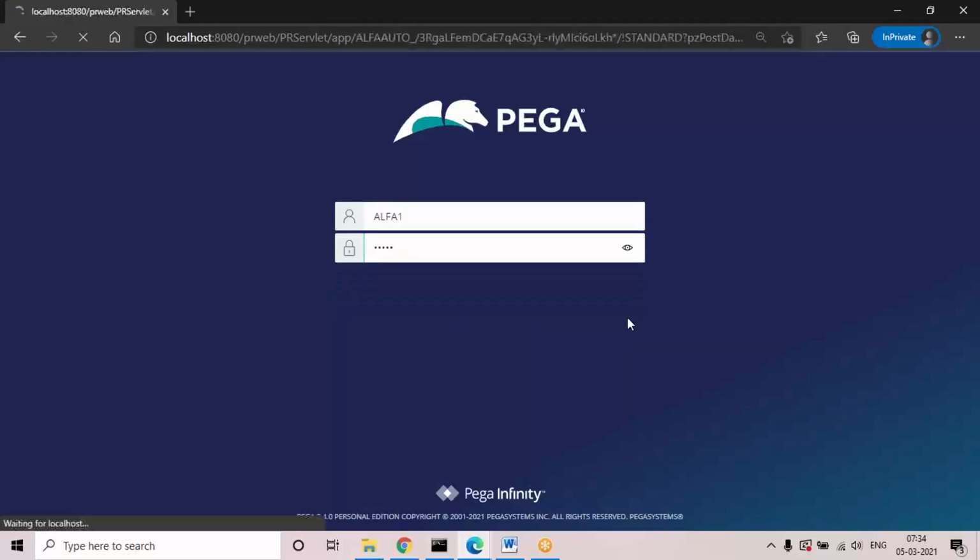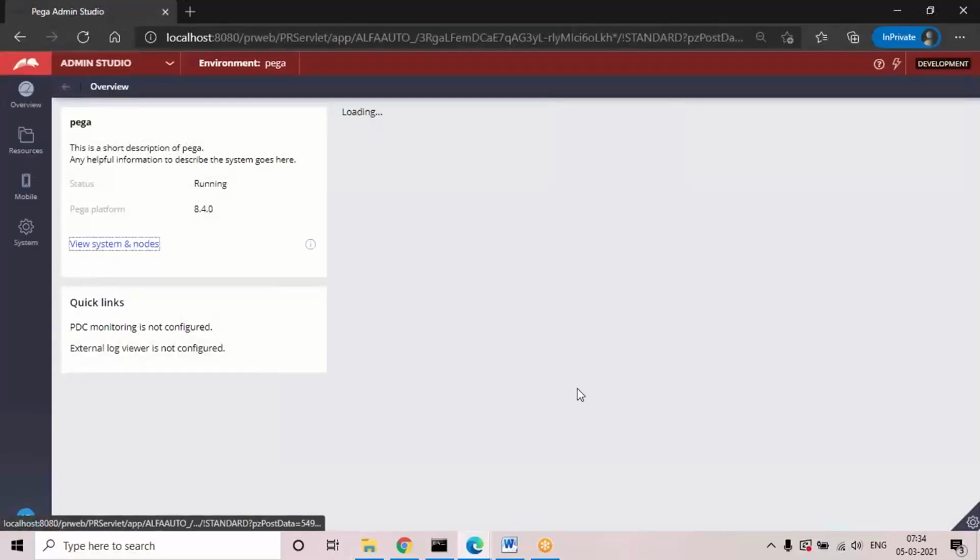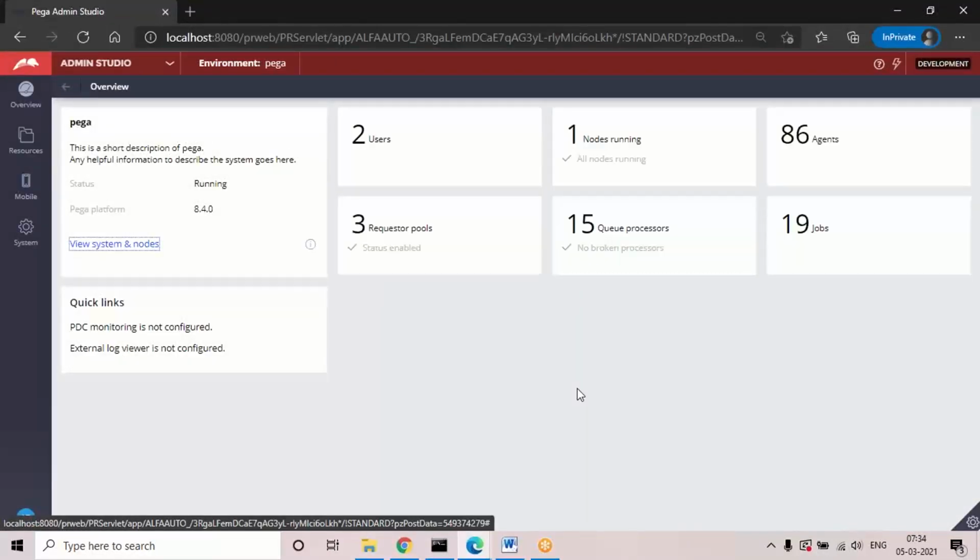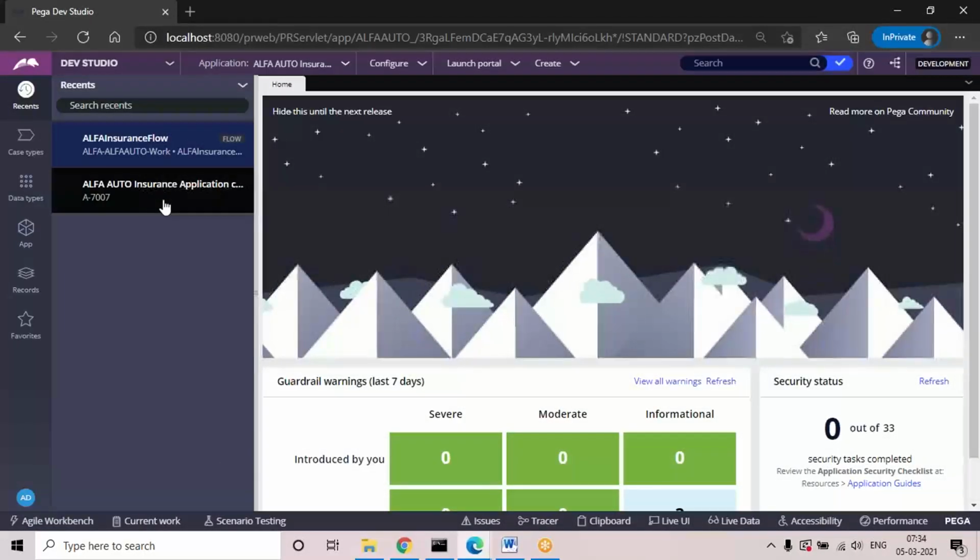First of all, I'm discussing the private edit. You'll get this private edit after securing a rule set if any rule is in a locked version; you'll get an option as private edit. That is one scenario. In another scenario, suppose the previous developer is already working on that particular rule, like the first name, last name property.